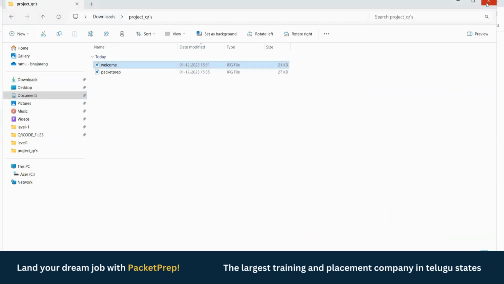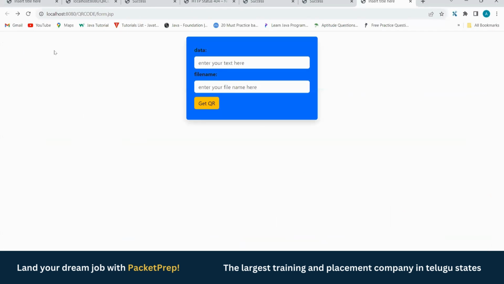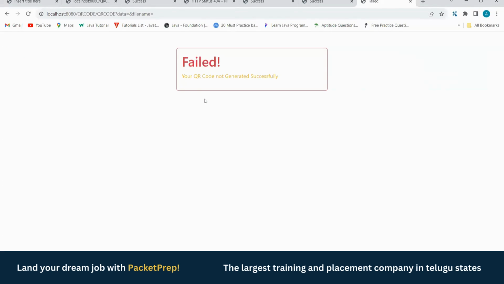Yeah. This is about our project, and let's try one more. Let's try with not giving any data, generate, get QR, so that it will show us the failed message. Yeah, this is about our project, and